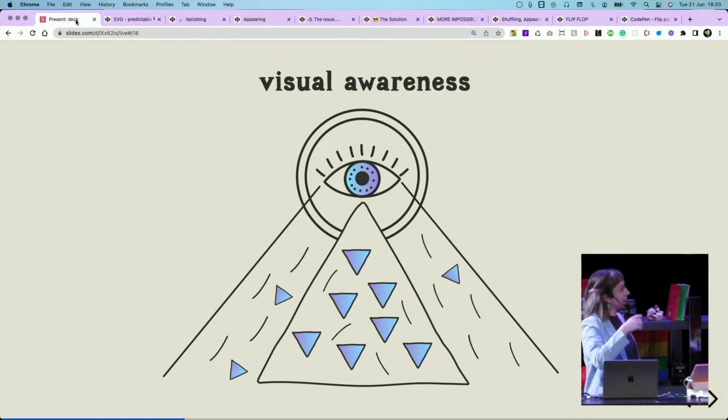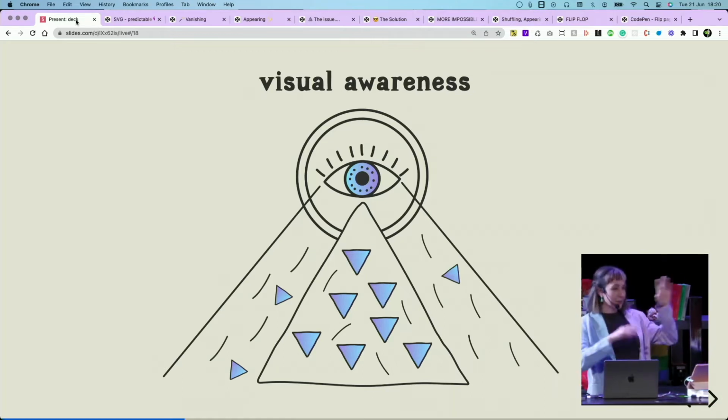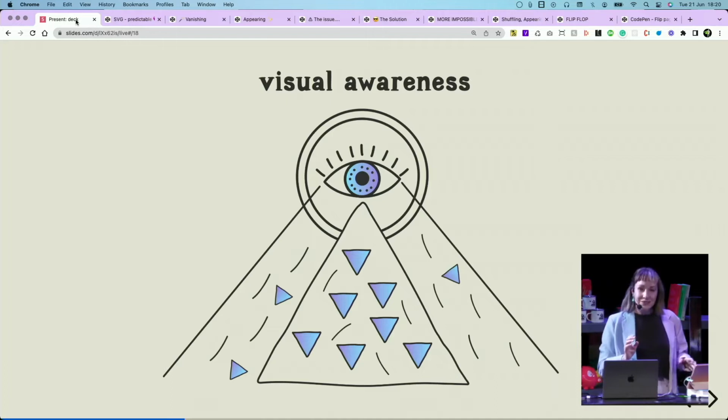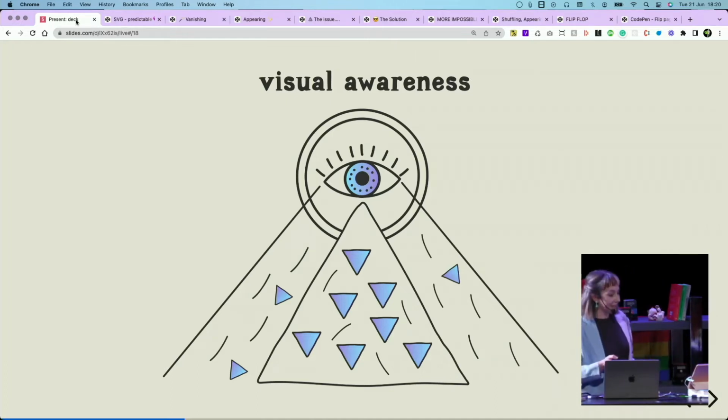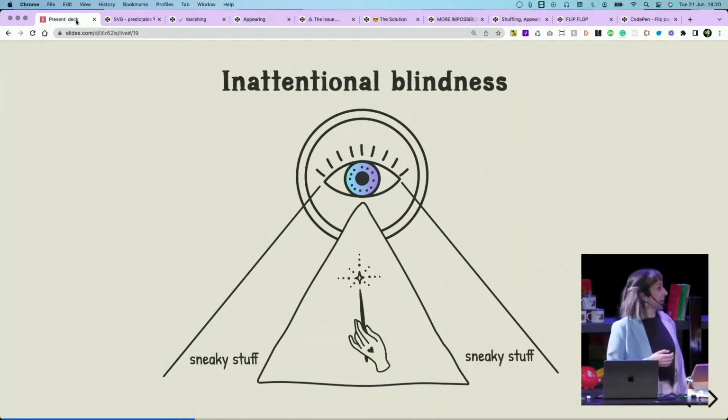And when these things get passed up to our visual cortex, more neurons analyze the stuff in our central vision than the peripheral vision. The peripheral vision is basically full of loads of gaps, and our brain just guesses. It makes some educated guesses, and then it fills in the blanks, and it's not always filling them in very well. So we do actually see a lot less than we think. And this is called inattentional blindness.